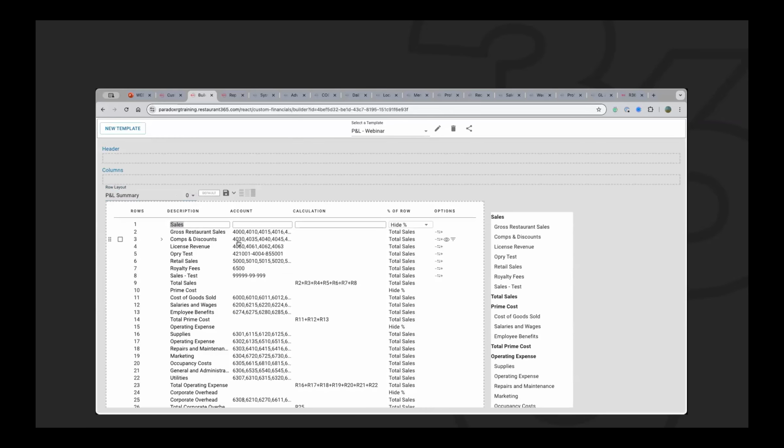And so you can do this in a couple of ways. You can separate them by commas, or we can separate them by colon. So here I could have just done 4,000 colon 4,022, and it would have captured all the accounts in that range. And it's actually a really good way to build these reports because it sort of future-proofs them. That way, if you do add accounts within that range, they will get added to that report, right? So there are ways around manually updating all of your custom row layouts by adding those sort of ranges